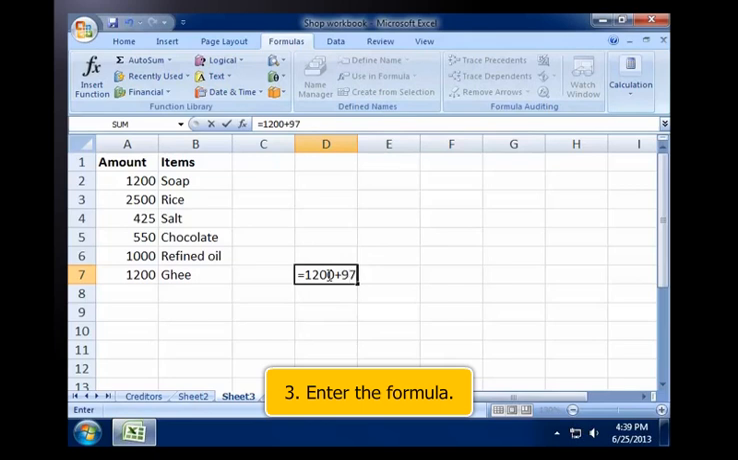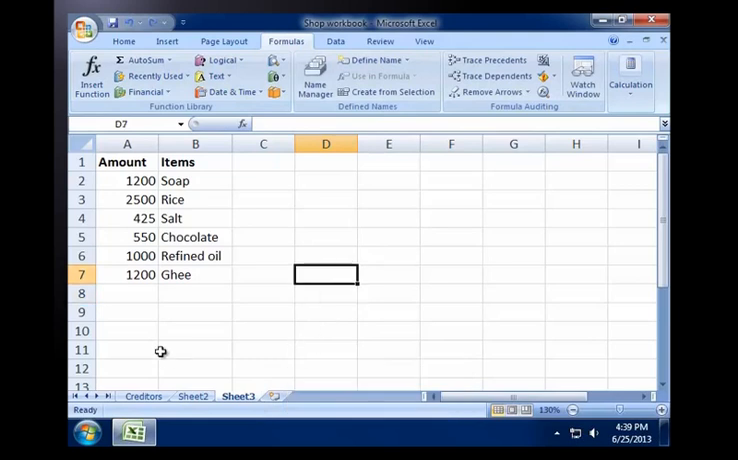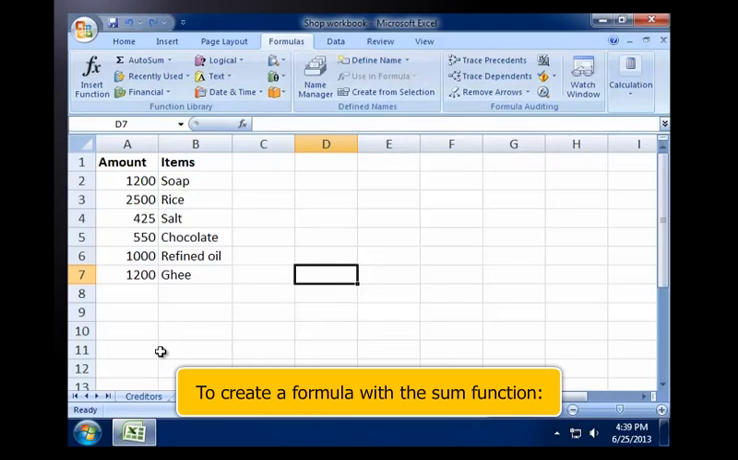4. Press Enter. The result of the formula is displayed in the cell. Suppose you have to calculate the sum of all the numbers in column A. In this case, you need to create a formula with the function sum. To create a formula with the sum function,